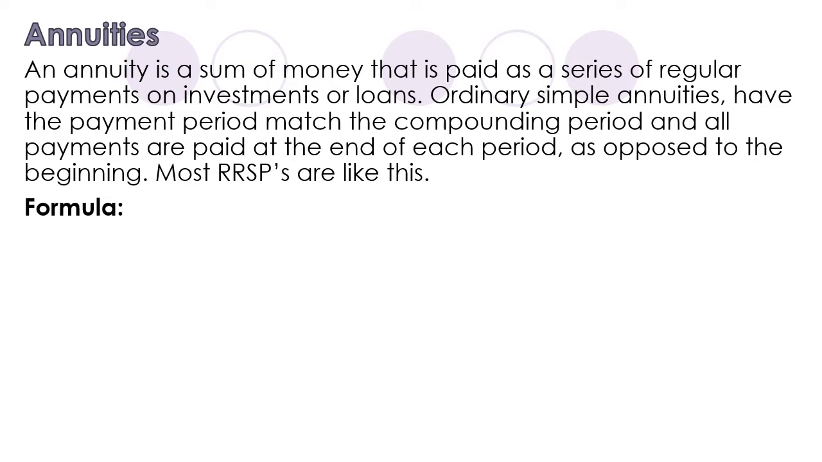An annuity is a sum of money that is paid as a series of regular payments on investments or loans. Ordinary simple annuities have the payment period match the compounding period, and all payments are paid at the end of each period as opposed to the beginning. Most RRSPs are like this. In fact, most things where you have to make a monthly payment or a regular payment on something is an annuity, like a car payment, a mortgage,